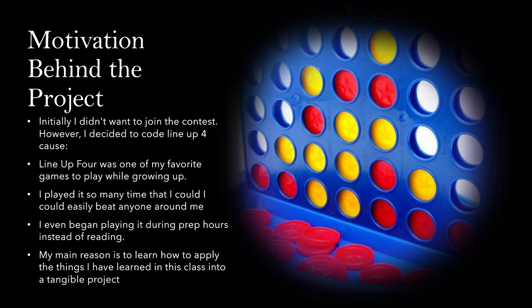So basically, what I did for my code was a line of four game, which was one of my favorite games as a child. It's basically like tic tac toe, except that whenever the players place anything into a particular column, their tokens fall all the way to the bottom of the column. So you could think about how that kind of algorithm will work. Another thing you have to do is try and make four tokens match up in a row, in a column, or a diagonal.